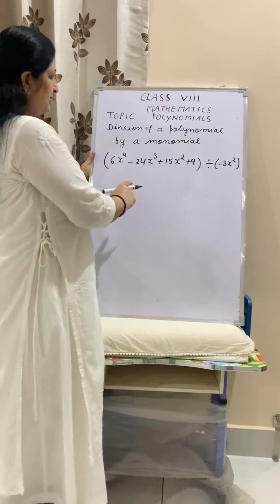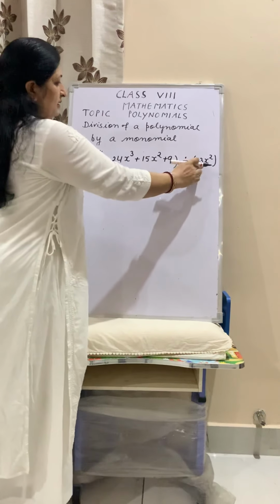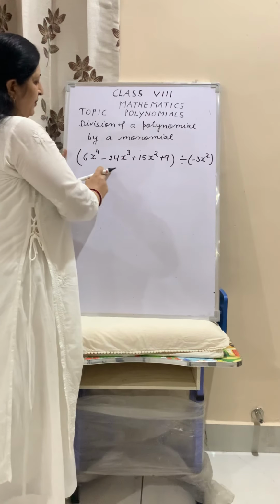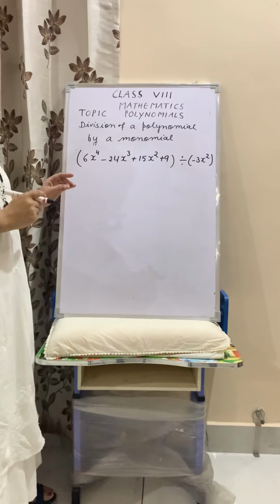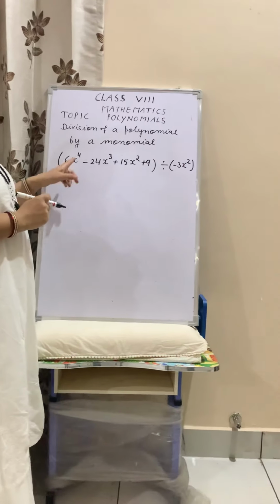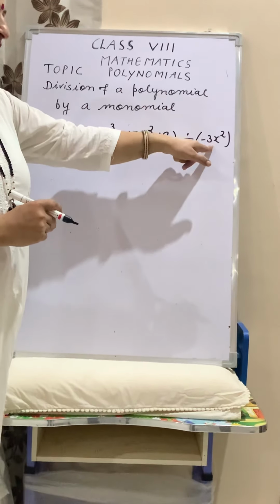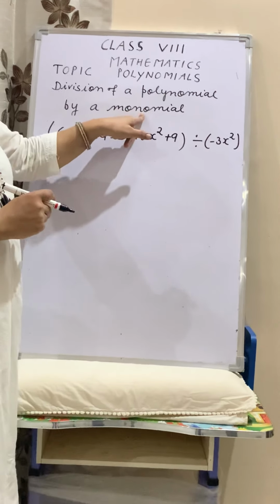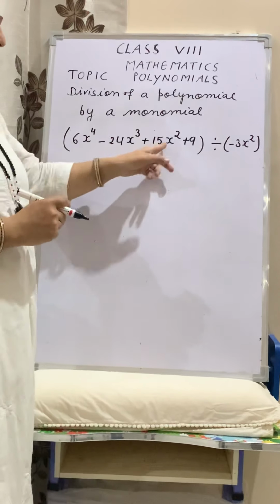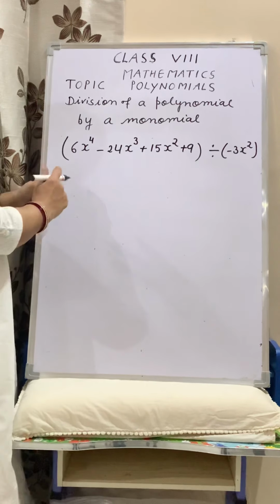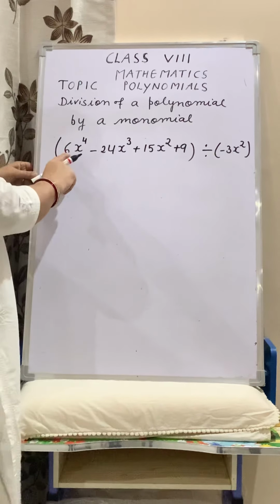When the divisor has one term and the dividend has many terms. In this question, the dividend has 4 terms and the divisor has only one term, a monomial. 4 terms divided by 1 term. How will we divide? We will write the first term